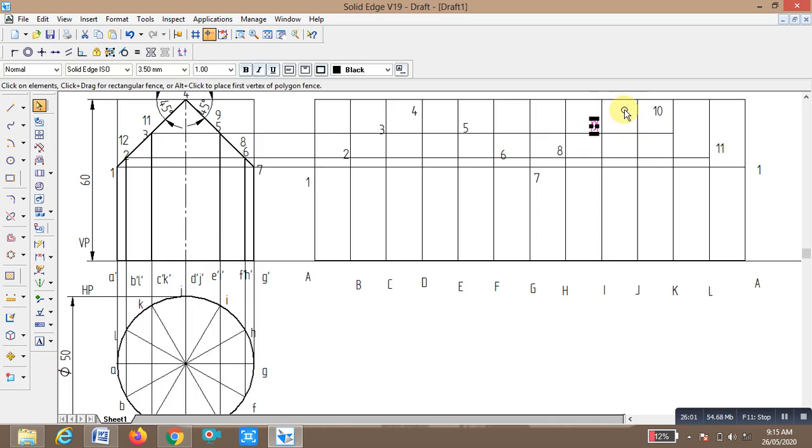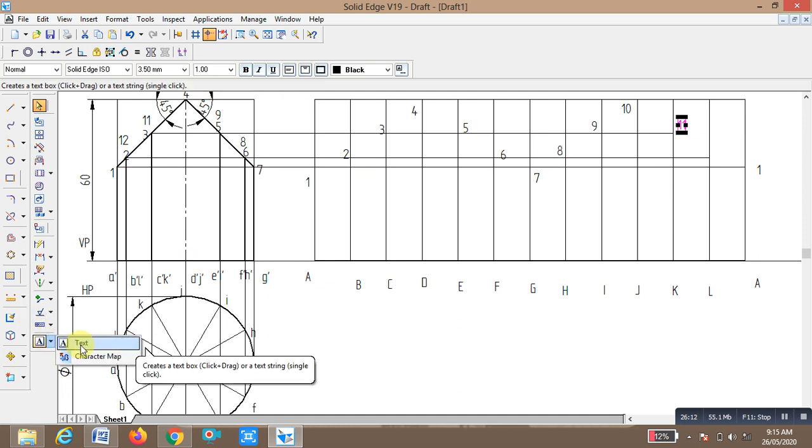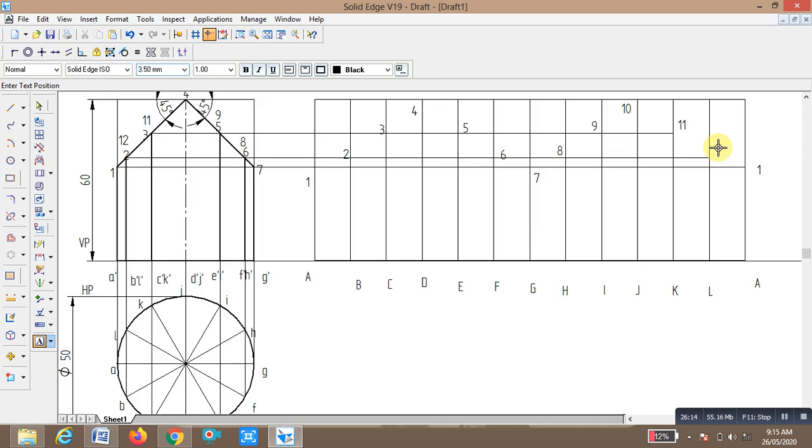You select point 1. This is point 2. This point is 3. Point is 4. Point 5. Point 6. Point 7. Point 8. This point is 9.